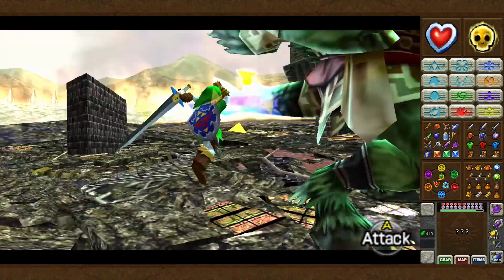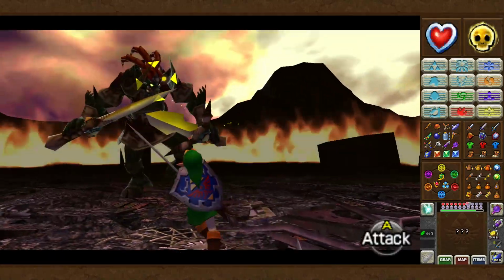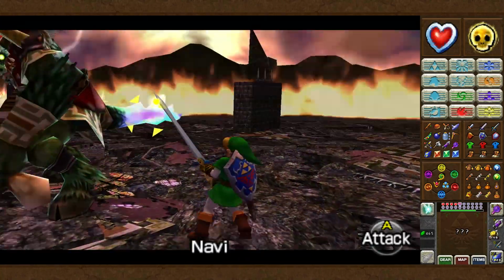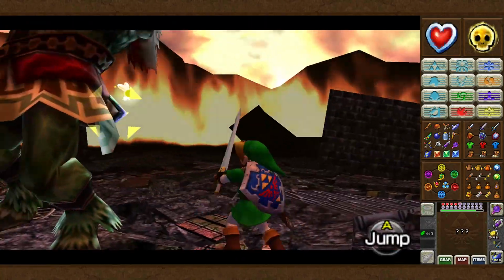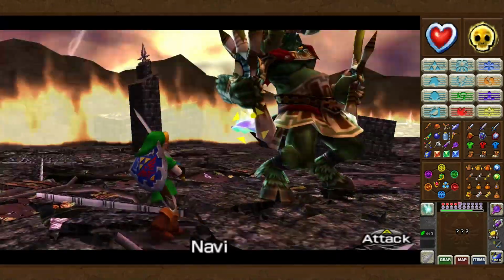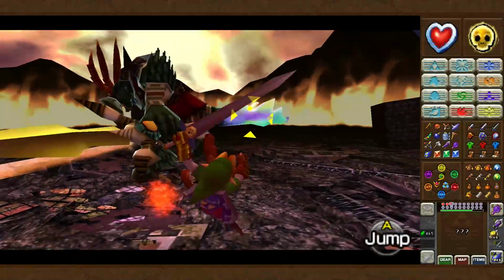You can actually stun him with a number of things. You can stun him with Deku Nuts, even, but not even barely long enough to circle behind him. Din's Fire works remarkably well, but I find it better to use light arrows, because they just fire more easily. Oh, you bugger. There we go. With Din's Fire, you've got to do the whole animation every time. But as I showed in the first part of the battle...